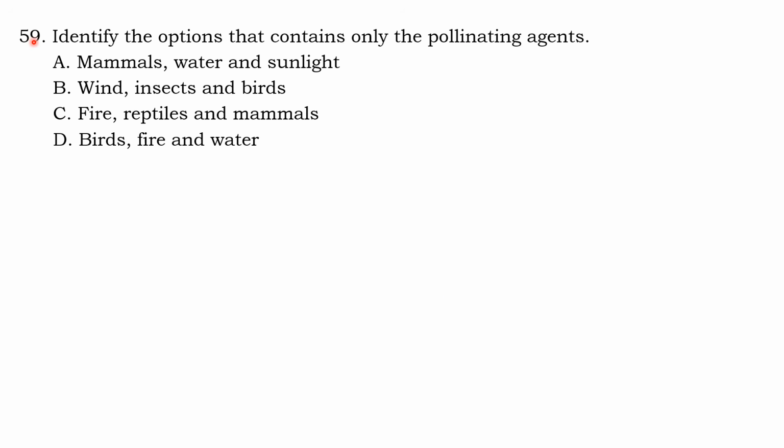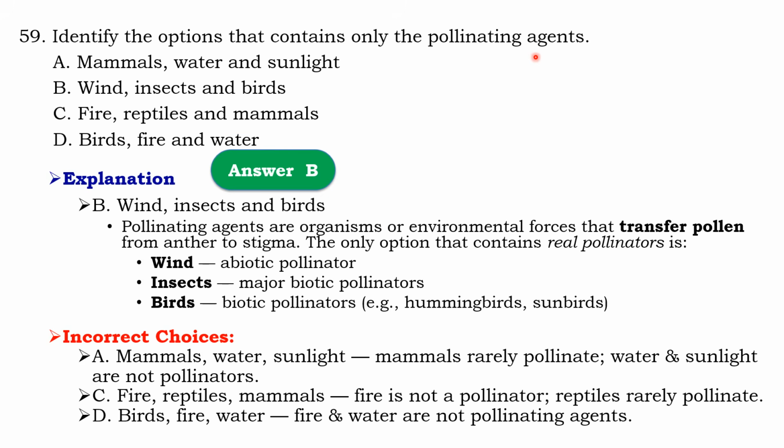Question number 59: Identify the option that contains only pollinating agents. A. Mammals, water and sunlight. B. Wind, insects and birds. C. Fire, reptiles and mammals. D. Birds, fire and water. So the answer should be B. Wind, insects and birds are the only pollinating agents, which means that pollinating agents